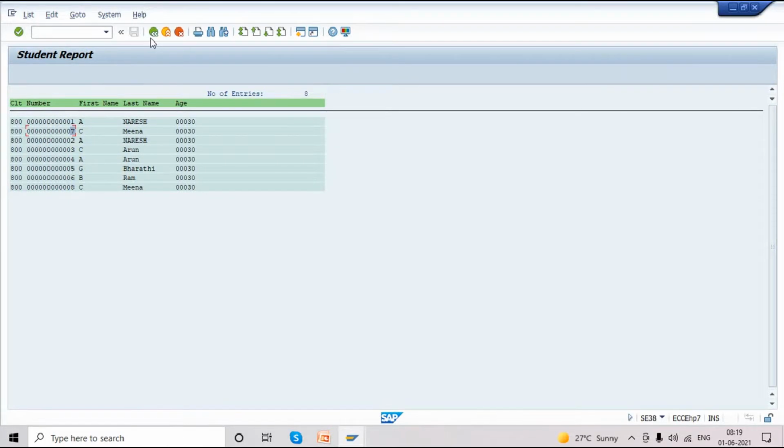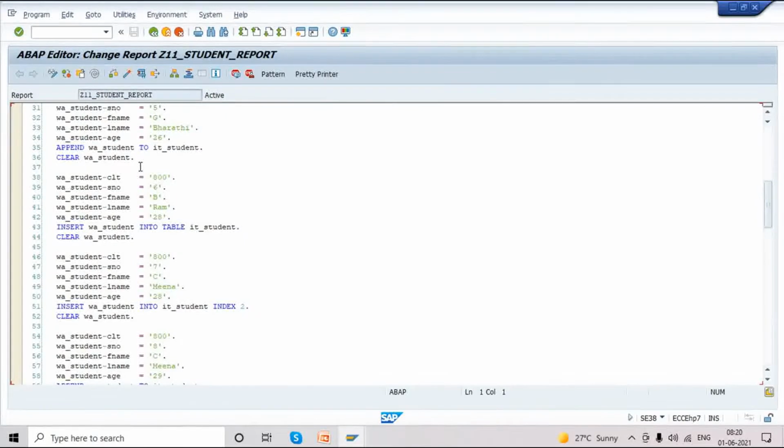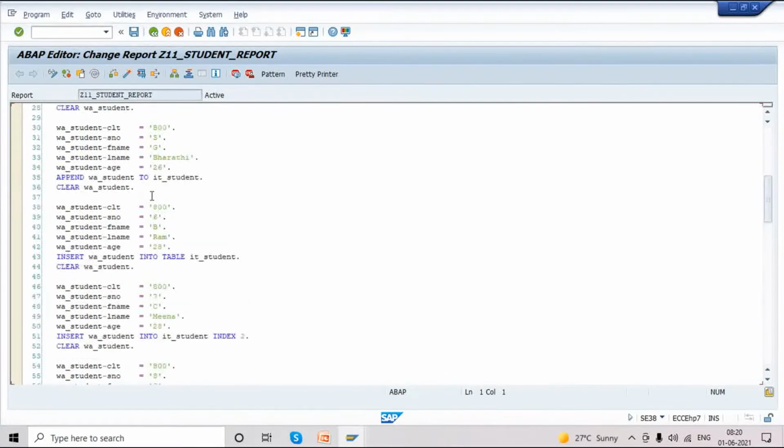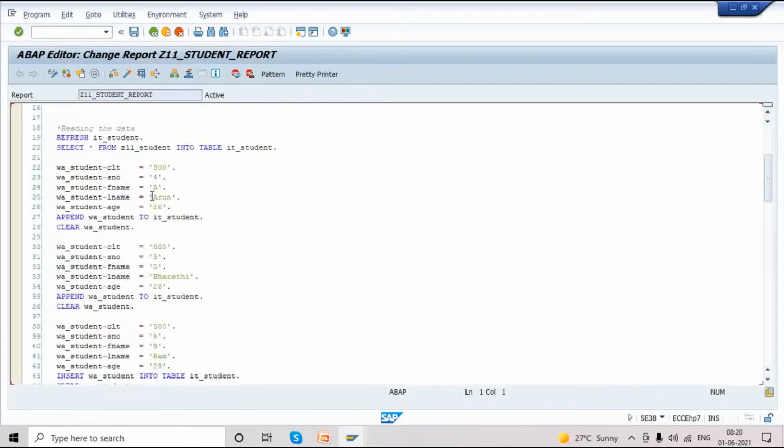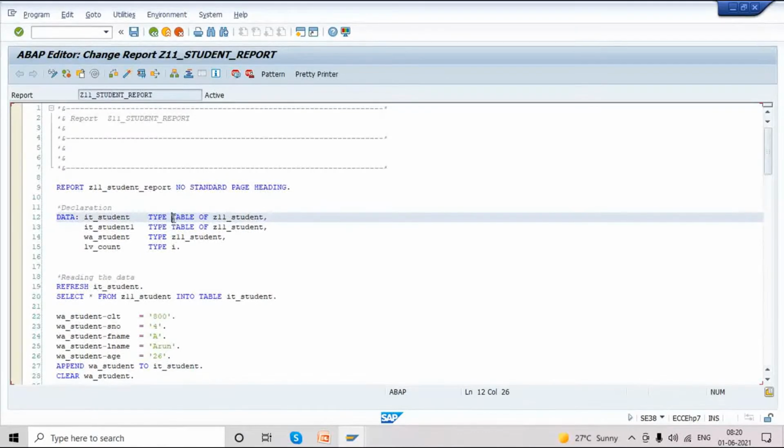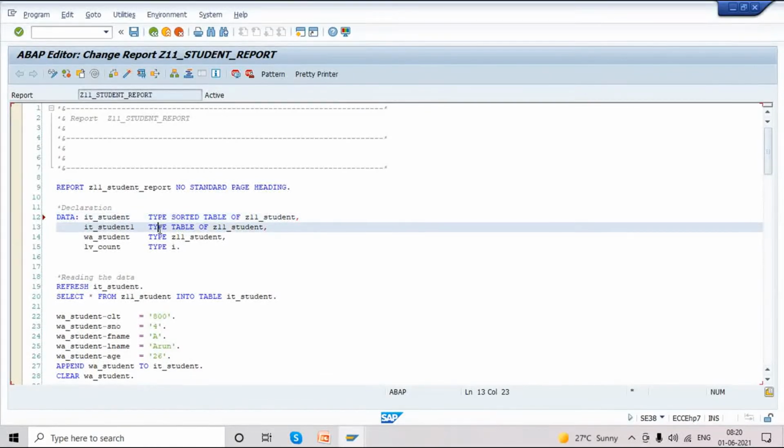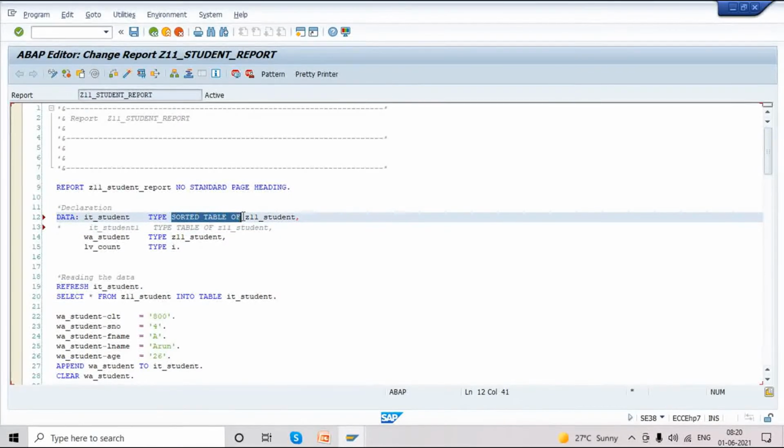Okay. So now I'm declaring it as a sorted internal table here. So student 1 is an internal table. Here we mention type table of. Instead of that, type sorted table of. This is a new syntax, sorted table of. If you mention sorted table, it will support both unique and non-unique, but we have to mention field names.